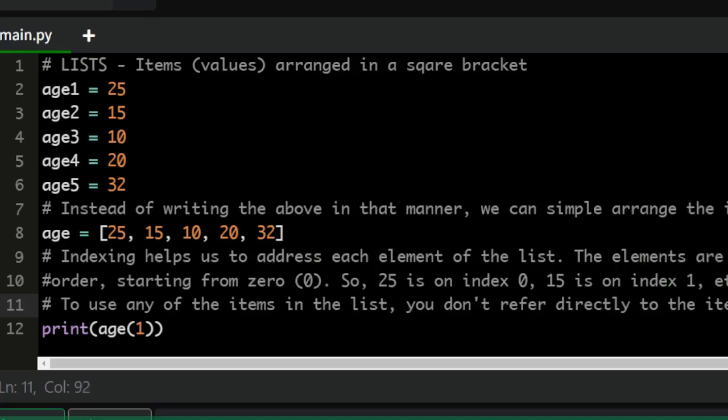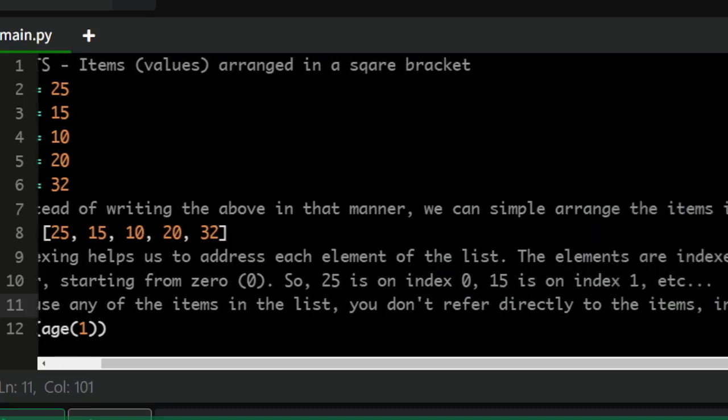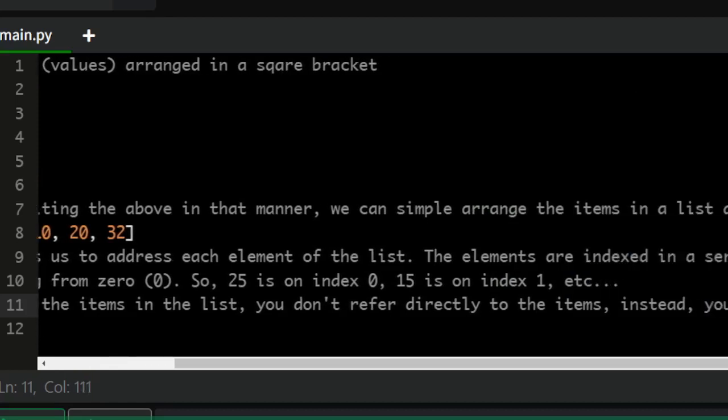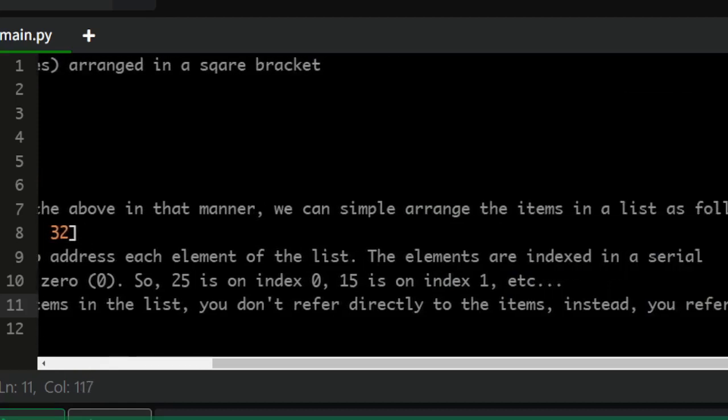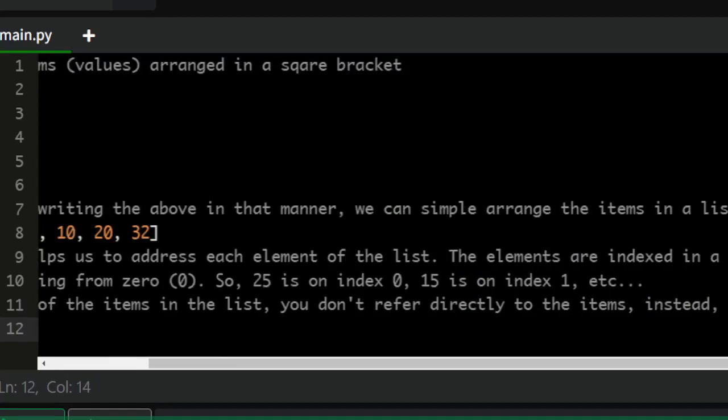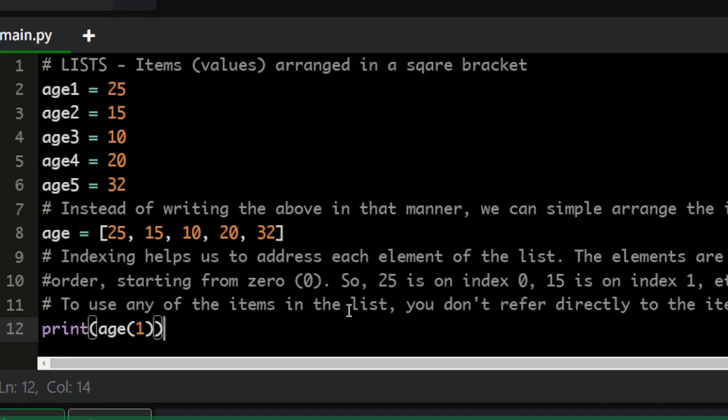Instead, you refer to the index number. You refer to the index number, okay? So that is what you just simply do. So which means that to print, let me put it like this, therefore, to display,